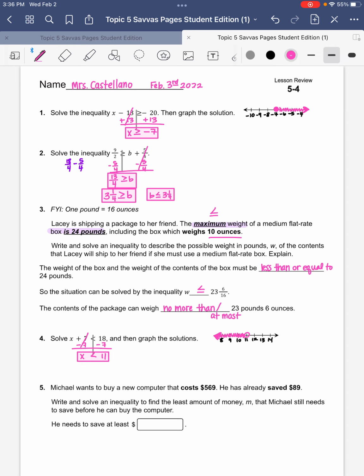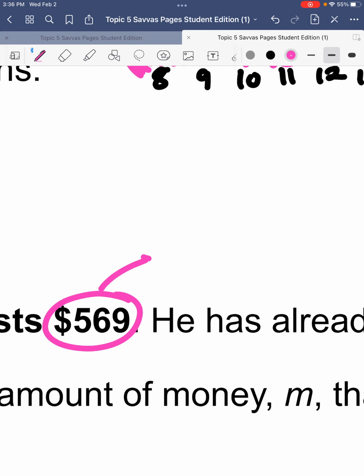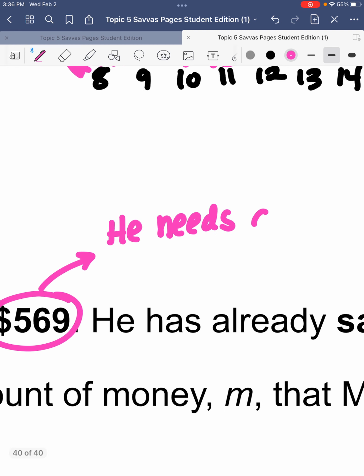In order to buy the computer, he needs this much money. What would happen if he saved $600? Would he have enough money to buy the computer? Yeah, he would. So I'm going to phrase this as he needs at least